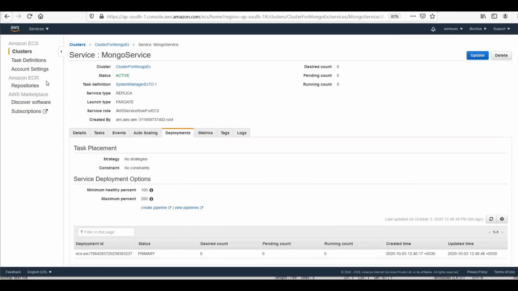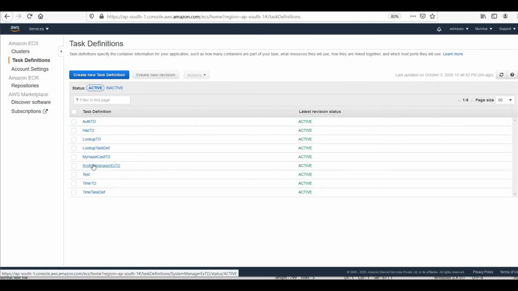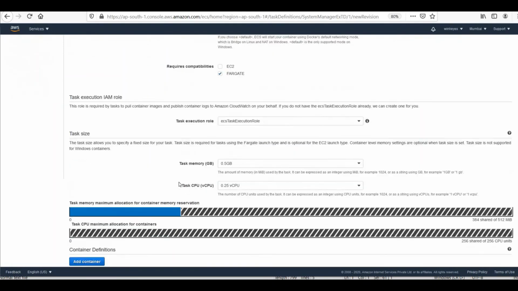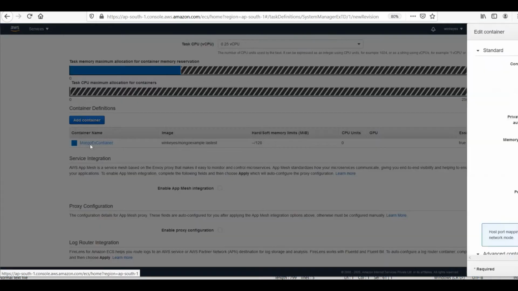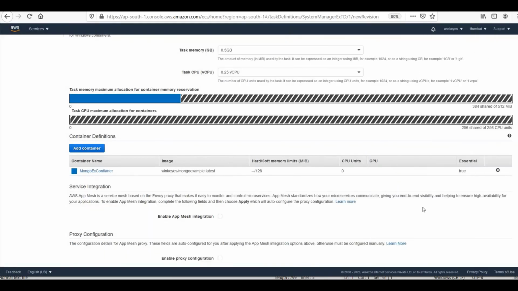Let's go back to task definition, and here the Systems Manager one. I'll click it and make it a new revision. So the problem was here, a spelling mistake. Update